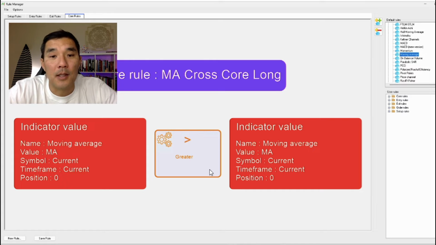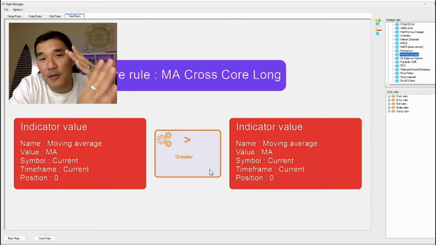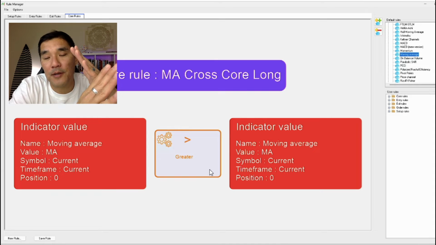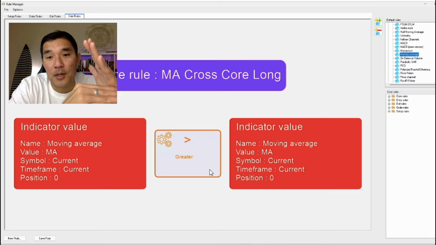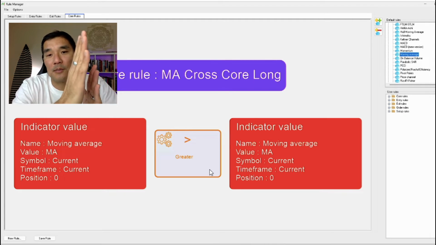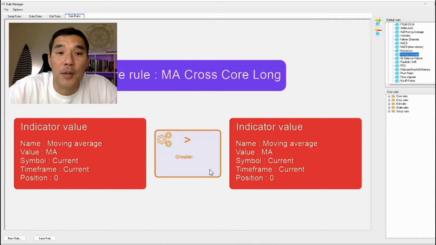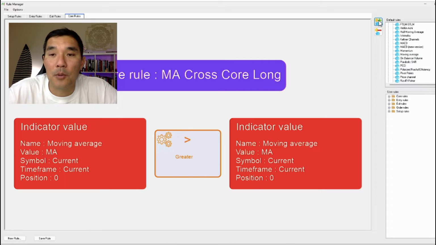And that condition is going to be, on the previous bar, did the 50 moving average close below the 200? So you want a case where the previous bar closed below, but the next bar closed above. And that is the only time when you're going to get a signal. So in order to do that, I'm going to add a couple more